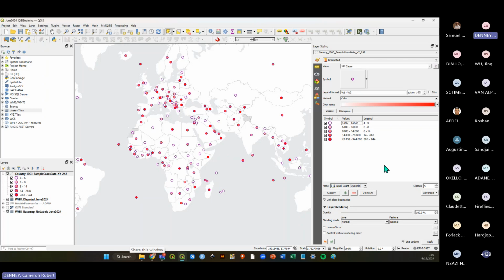And it's very easy to symbolize or visualize your data in a misleading or dishonest way. So right now we're exploring these cases, these global sample polio cases. And depending on what we choose here, if we add more classes or less classes, you'll notice that the points, the colors change. And the mode also, so we can choose different modes here, like I can choose, for example,